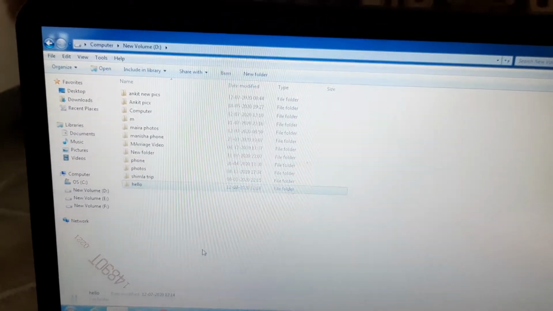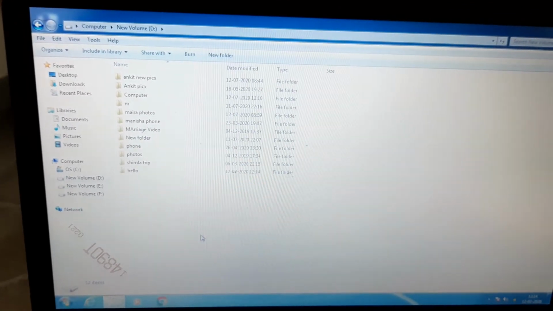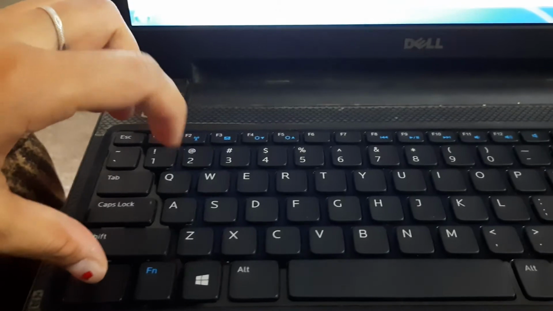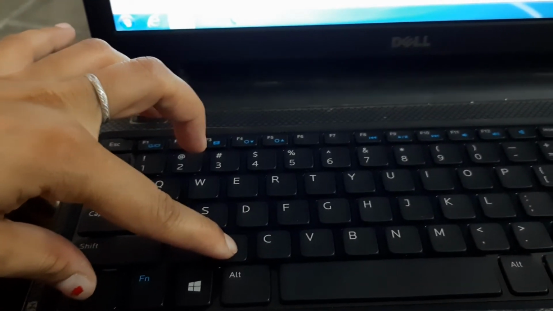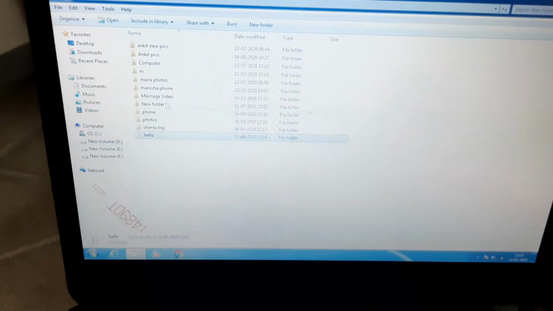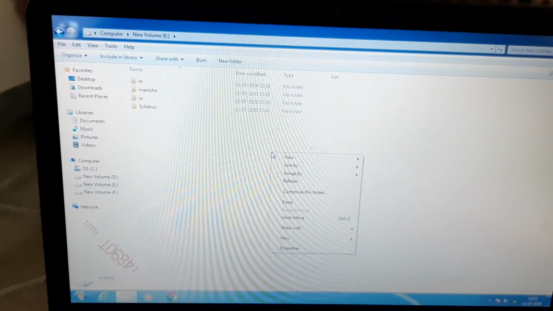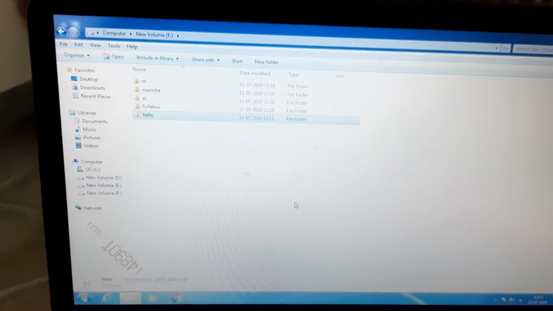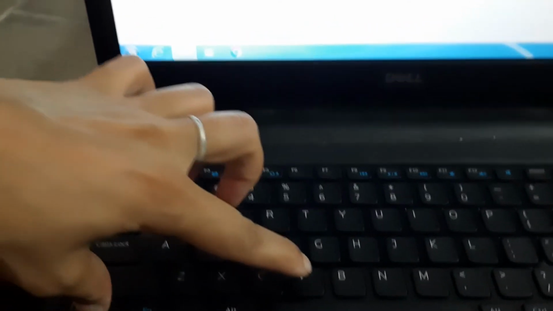The next method is the keyboard method. First of all I will select it, then I will do Control X. It is cut from here. Then I will go back, go to E drive, and there I will do Control plus